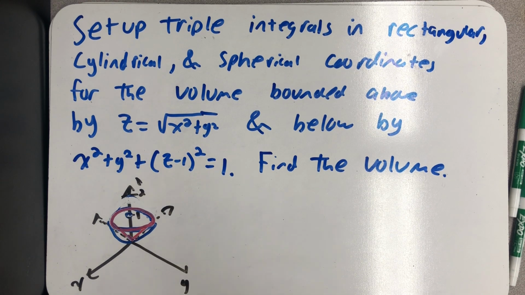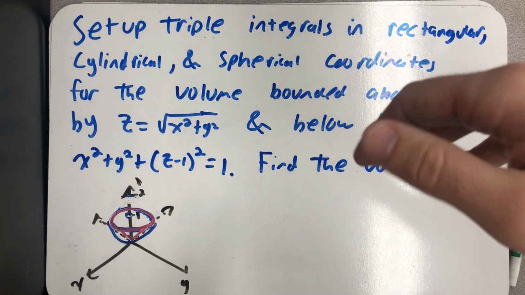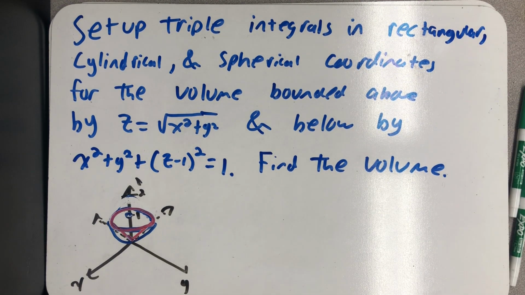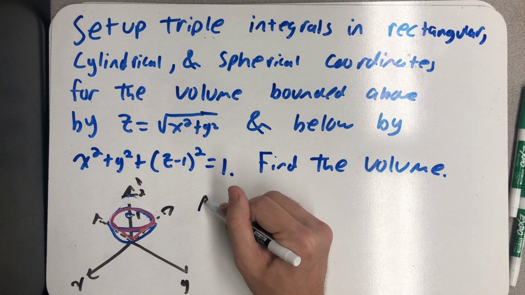It looks like to me like you've made a bread bowl, right? You had this spherical loaf of bread and you carved a cone out of it, and so you've made a bread bowl. So what we're trying to do is find the volume of this bread bowl 3 different ways. Okay, well,